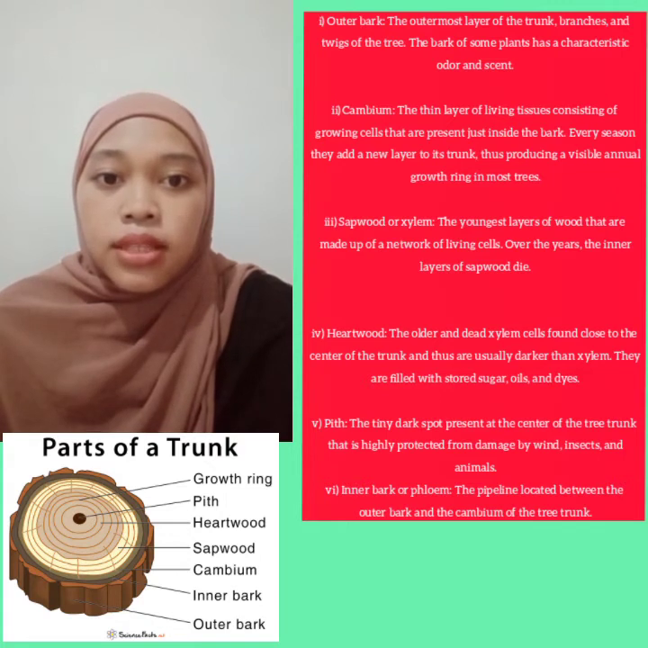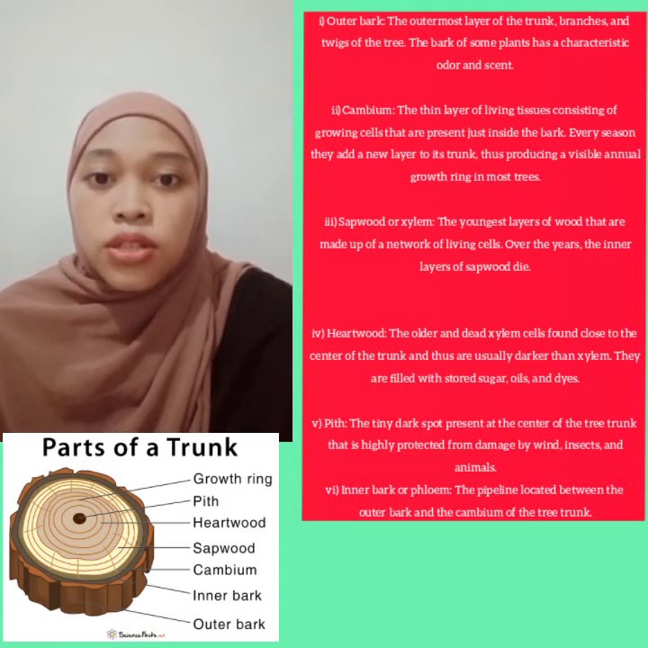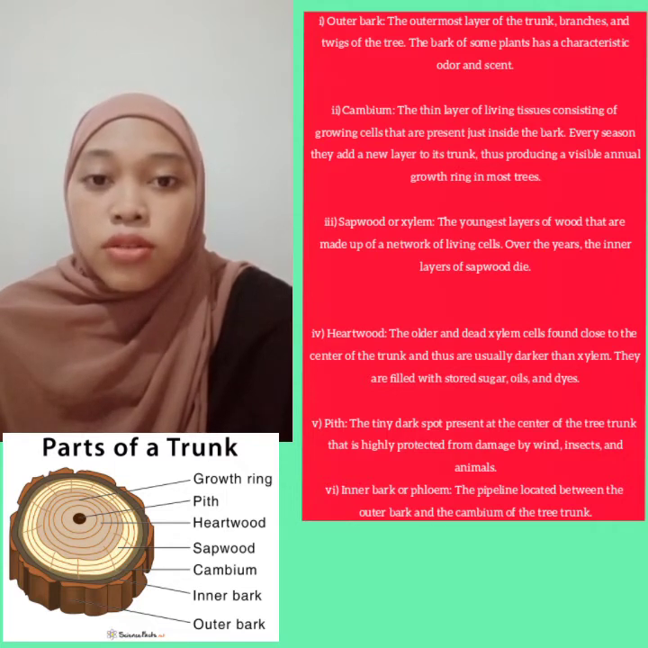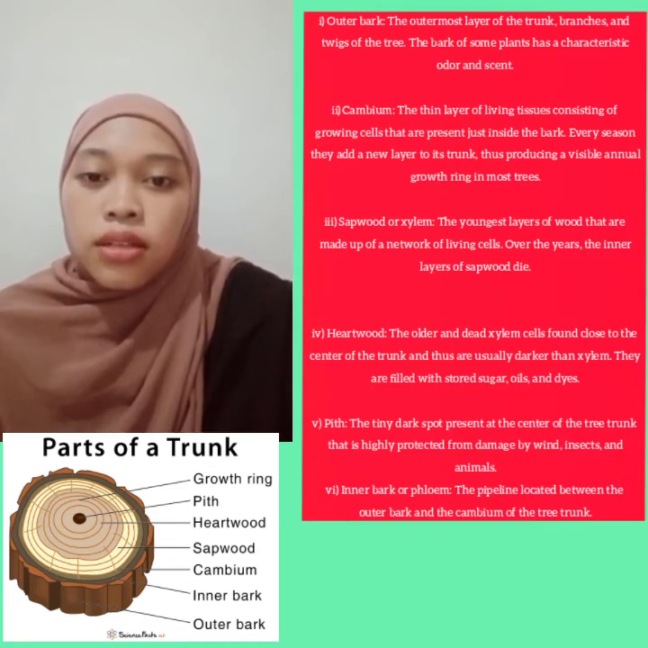2. Cambium. The thin layer of living tissue consisting of growing cells that is present just inside the bark. Every season it adds a new layer to the trunk, thus producing a visible annual growth ring in most trees. 3. Sapwood or xylem. The youngest layers of wood that are made up of a network of living cells. Over 3 years, the inner layers of sapwood form. 4. Hardwood. The older xylem cells found close to the center of the trunk and thus are usually darker than sapwood. They are filled with stored sugar or